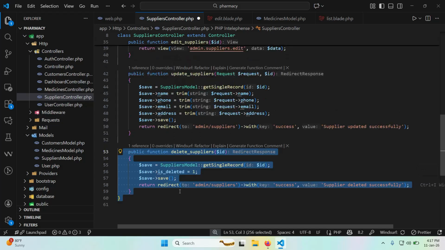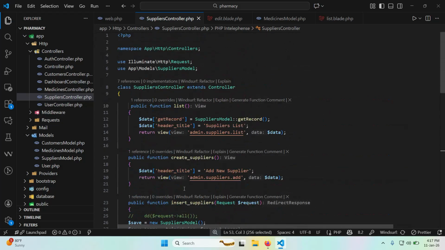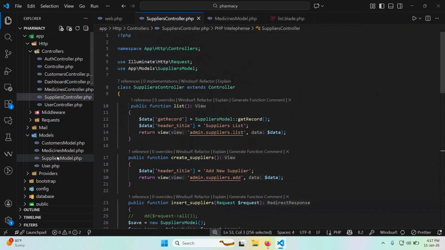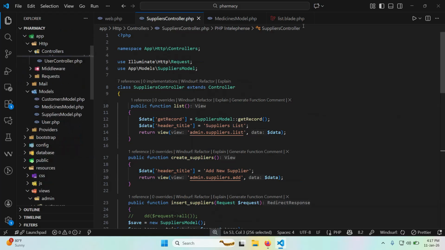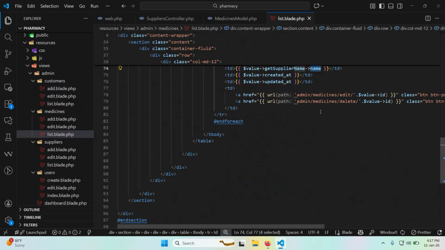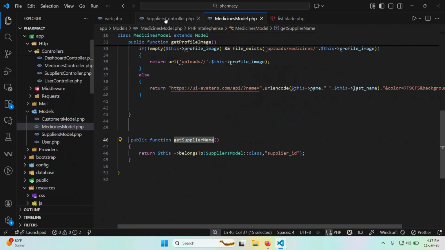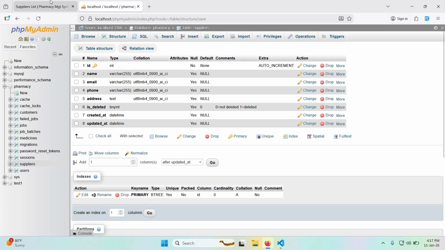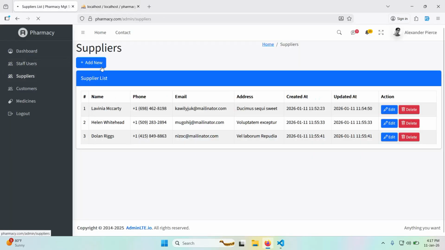Okay, then you save the file. After doing everything, then you shall have implemented that. Then we close the edit, we close this list. We already have this for medicine. So that makes it the way it is, so that when you come to add a medicine, or a supplier, sorry,